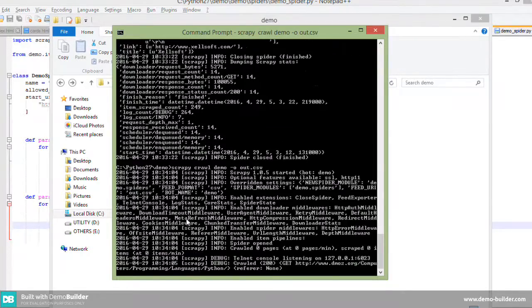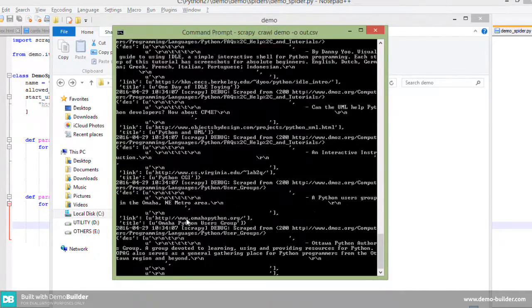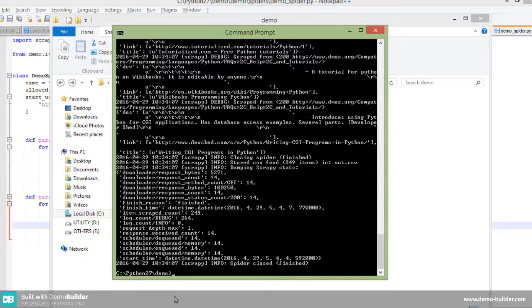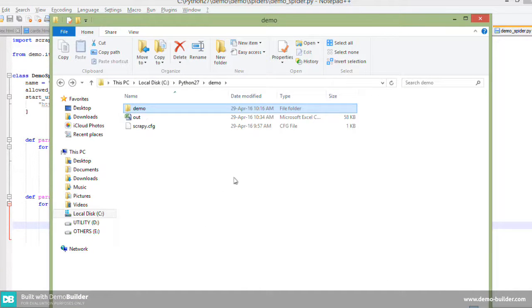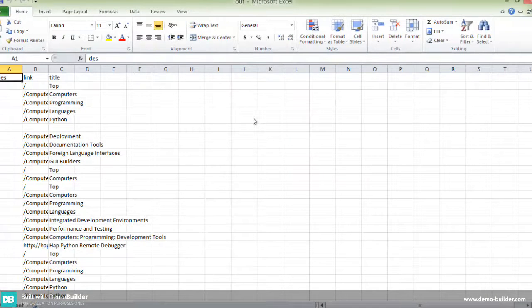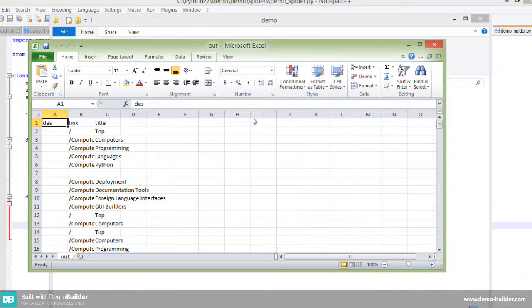It's supposed to show that output, and that output should be stored in CSV format. You can go, what is the directory, python, and inside demo. Now you can go to this directory and you can see that output, like the out.csv file. If we click, it will open here like anything.